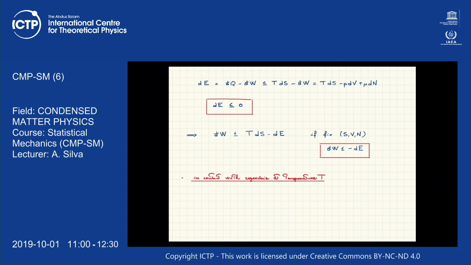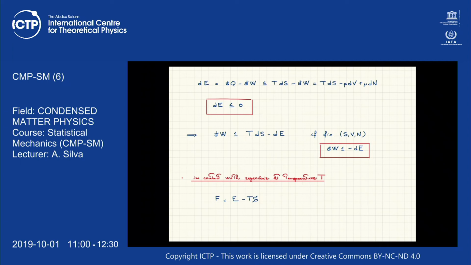This object here is defined as follows. You define your new thermodynamic potential F as the energy minus T times S. Now, there is some logic behind this. Here, I want to be able to fix the temperature, and the temperature is the conjugate variable of the entropy,